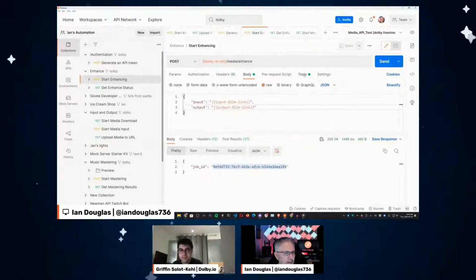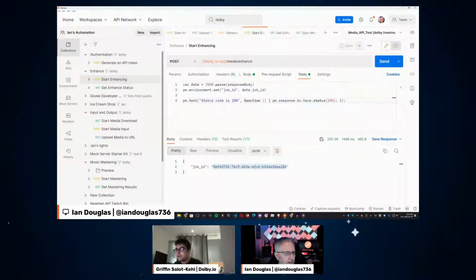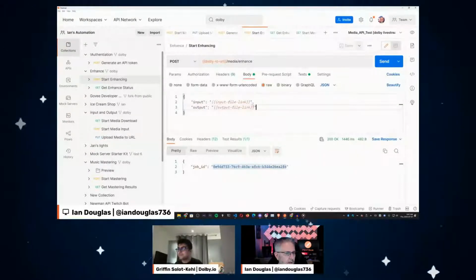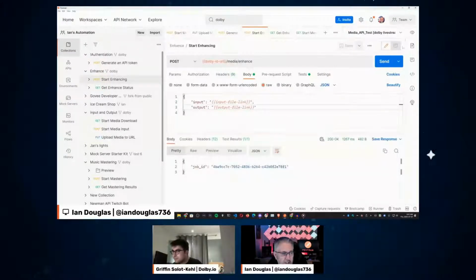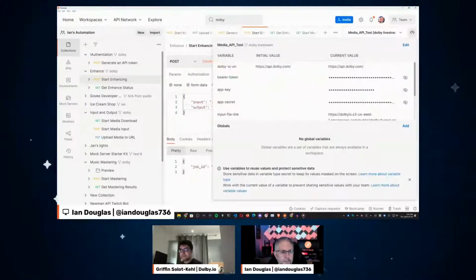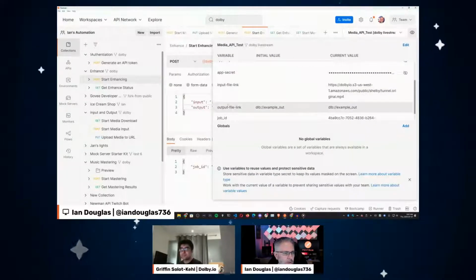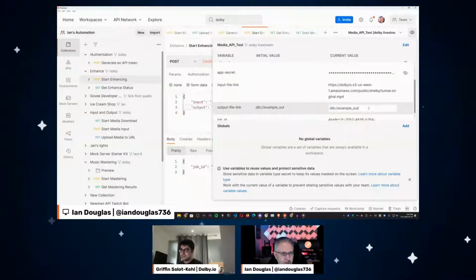So that should be the same thing we have over there, but we can also try it again with a new output file link as well if we want to change that. Okay. So I can change that in the environment. Yeah. So we're going to go into the environment and change the current value, and we're just going to call this like enhanced